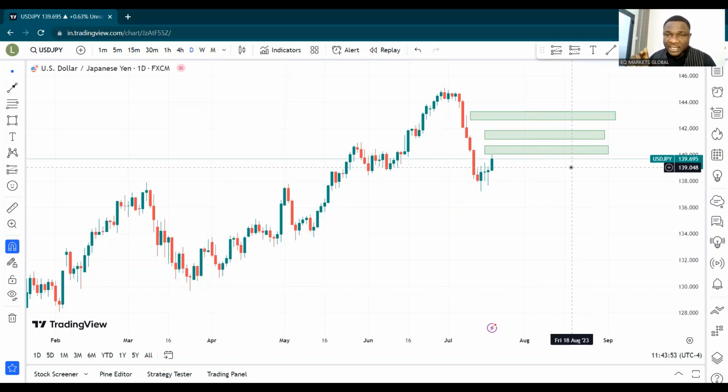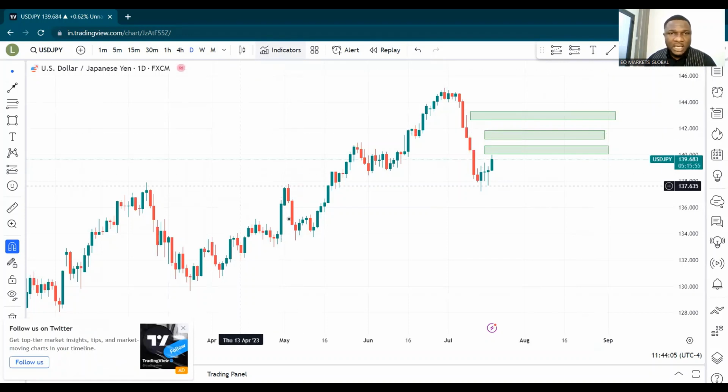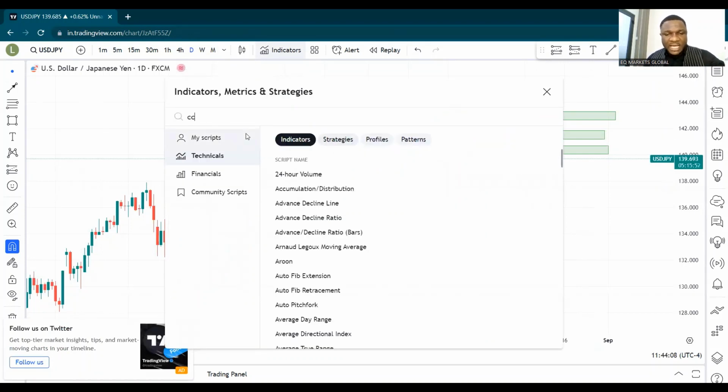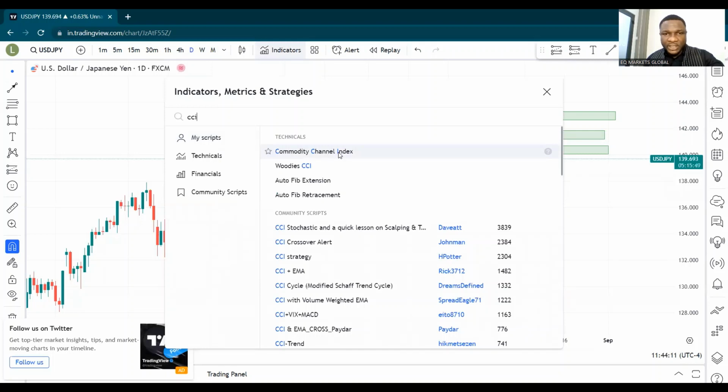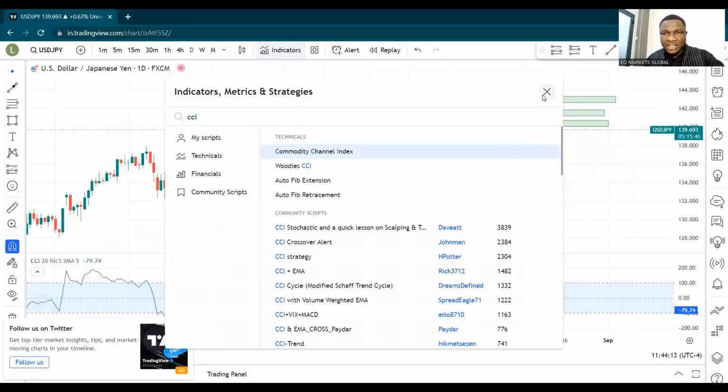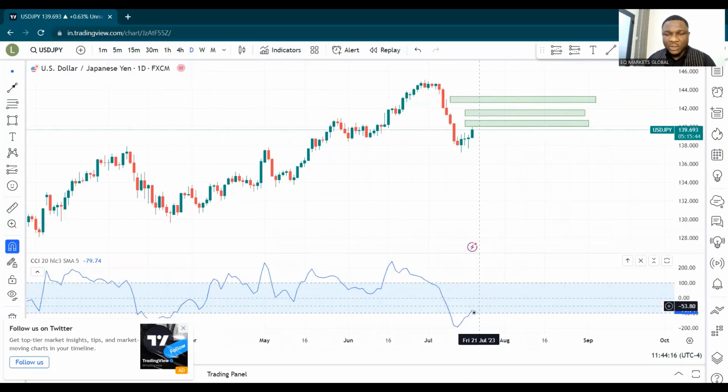Now, where exactly on these areas I cannot tell you literally, but there are methods with which you can know. For me, I'll simply employ the CCI indicator, and with the CCI indicator, I will be able to monitor the momentum in the market. For instance, on this daily time frame, there is bullish momentum. It simply means that that bullish momentum could break through this zone and perhaps test this particular level.